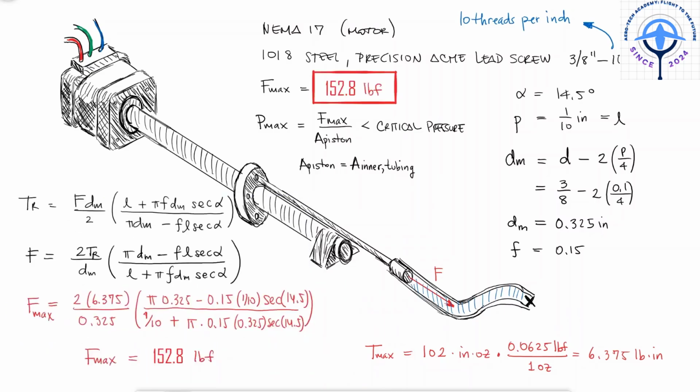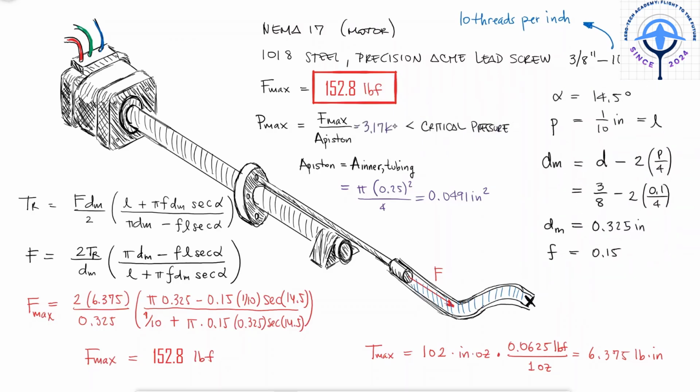Assuming, for example, a 1/4 inch inner diameter for the tubing, the maximum pressure would be a whopping 3,170 psi. For additional examples on power screws, make sure